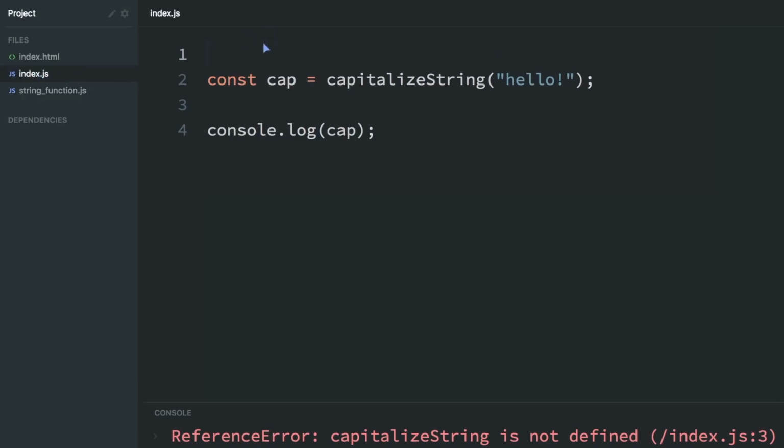So let's go back to our other file, and I will import. With the import statement, you're going to use curly braces, and then I'll put capitalizeString. And then we have to say what we're importing it from. We want to import it from, and this is where I put the file name. Now, normally you're going to start with a ./, which just means the current directory, and I'll type in the